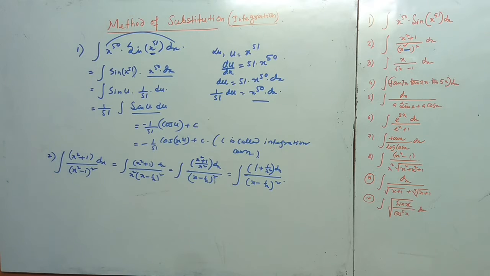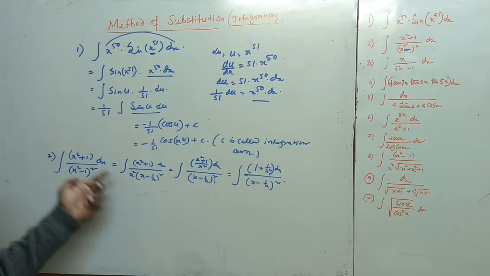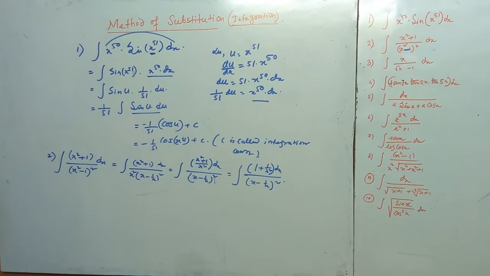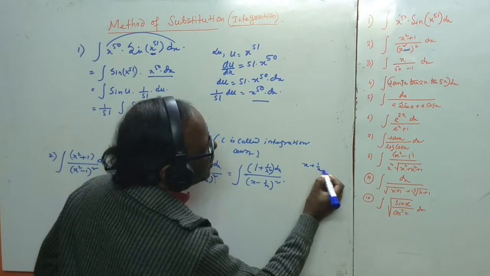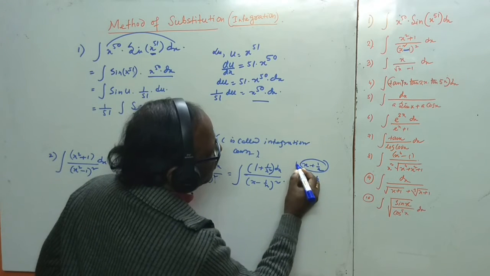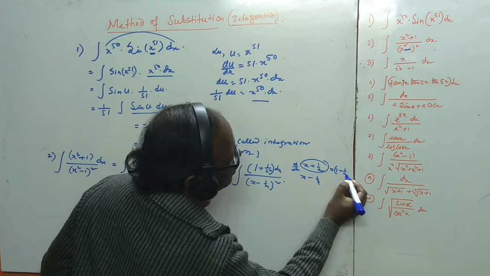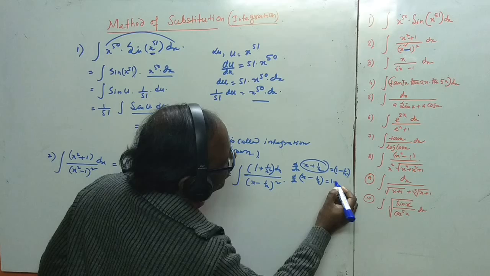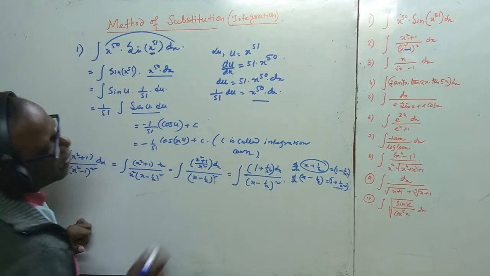So this type of problem, anywhere if you see the formation x square plus 1, x square minus 1, and x related like that, you should always follow the form of x plus 1 by x, x minus 1 by x. If we differentiate d/dx of this, what happens here? 1 minus 1 by x square. And if we differentiate the other, we get 1 plus 1 by x square. So follow this type of pattern, okay?